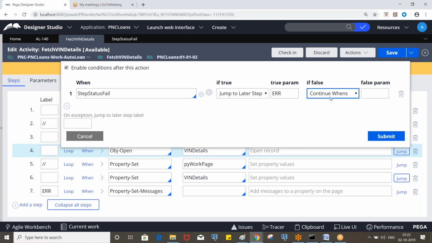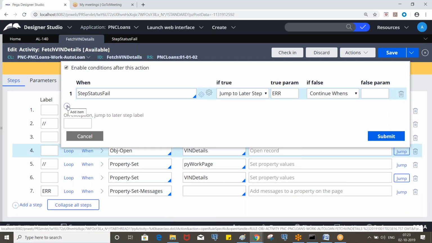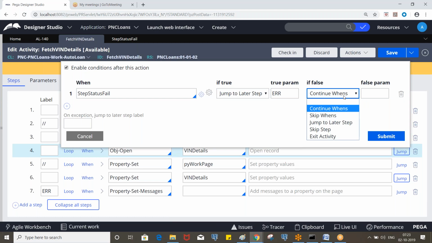Here, can we use the skip wins or not? Already we discussed, right? We can also use the skip wins. That means this step will be skipped and the next step will be executed. If we have multiple when rules here, then you need to take care of this, like continue wins.